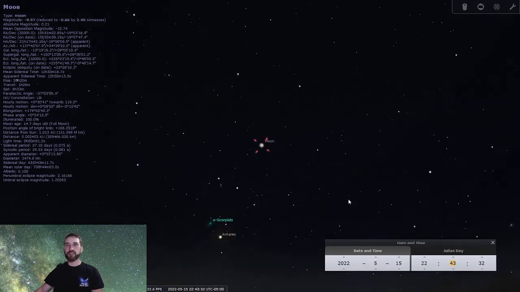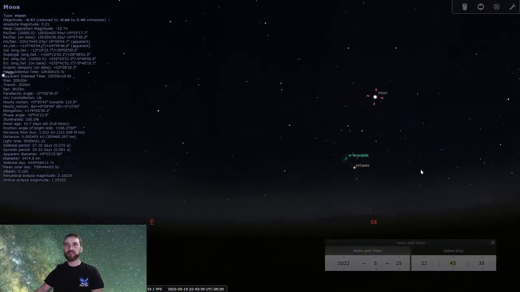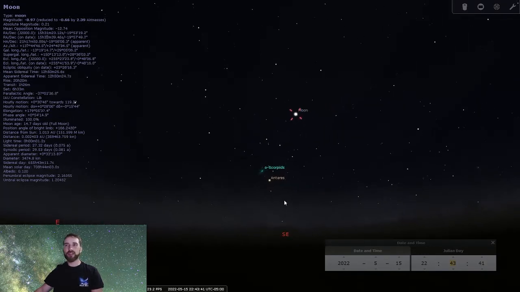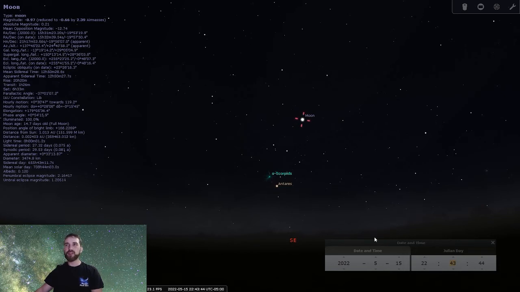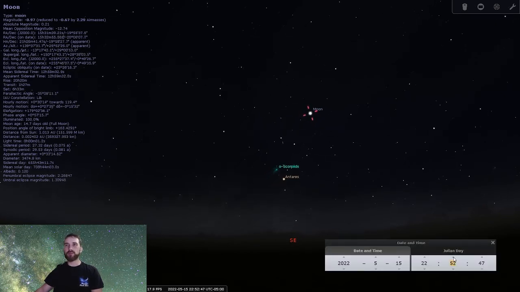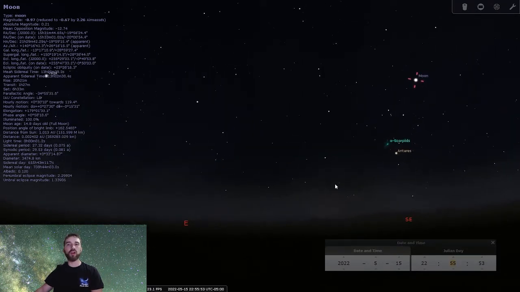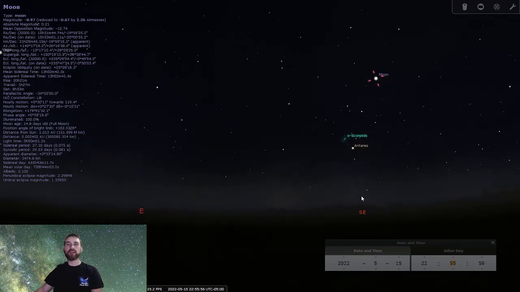Let's zoom out a little bit here, and I want to show you something. Now this happened late spring, early summer time. During the summer, you can see the band of the Milky Way start to rise over the horizon. And that's because we see the core of the Milky Way, I should say, in the summertime, because where we are in the sun's orbit, we are between the sun and the core of the Milky Way. So at night, when we are facing away from the sun, we see that big bright band of light